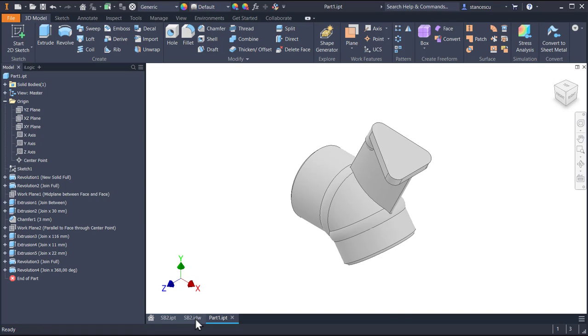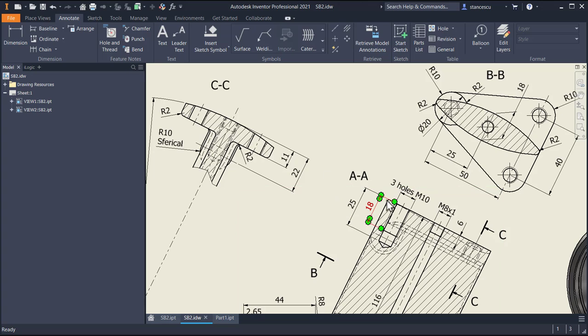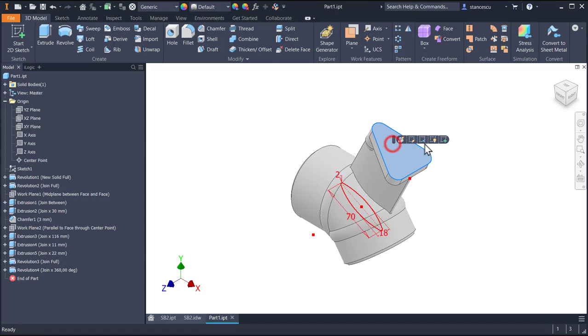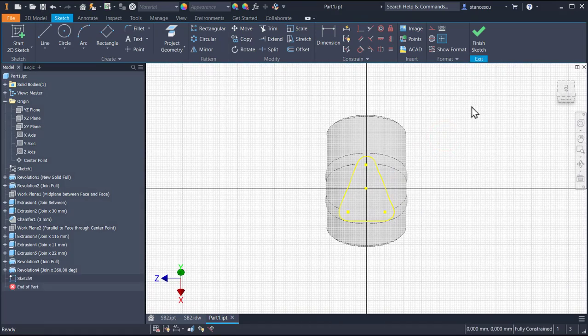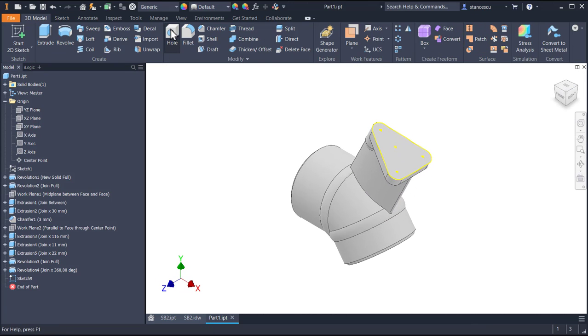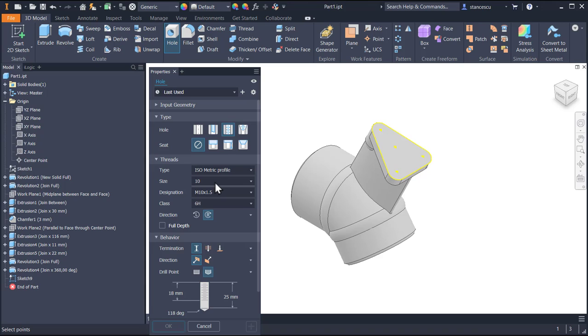Now the holes. You see there are 3 holes, metric 10, centered on the round corners of the triangle, 25, 18. Sketch, exit sketch, hole, metric 10, yes, 25, 18 on this and this holes. Okay,